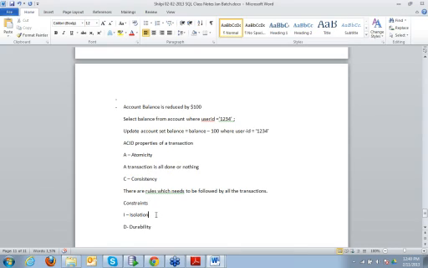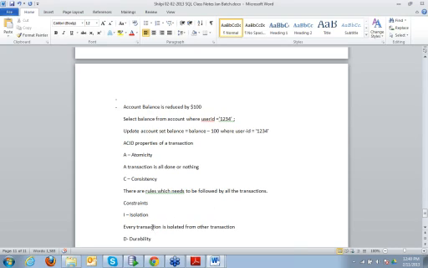Then we have the isolation property. Isolation property means every transaction is isolated from other transactions. Then there are degrees of isolation: first degree, second degree, third degree.